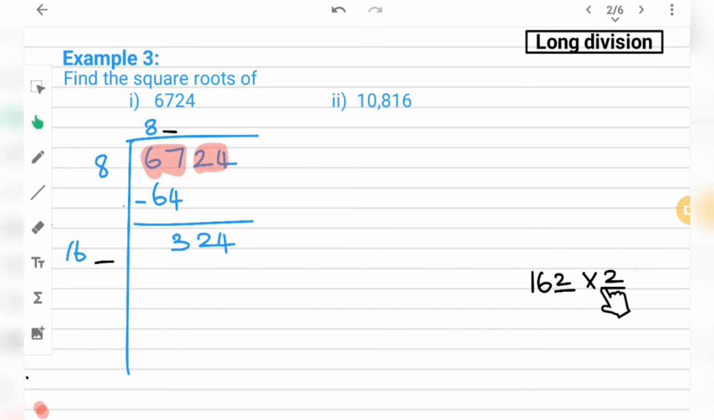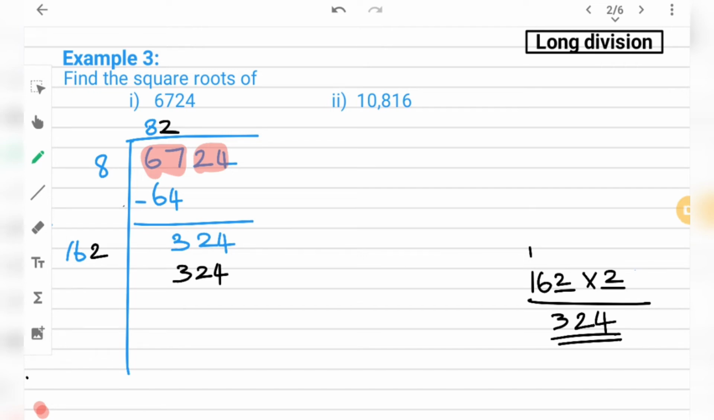Now, 2 twos are 4. And then 2 sixes are 12. 2 balance 1, right? So, shall I do this one? 2 twos are 4, 2 sixes are 12. So, 2 balance 1. Then 2 ones are 2, 2 plus 1 is 3. Right? So, here I am going to place 2, and here also 2. You will get